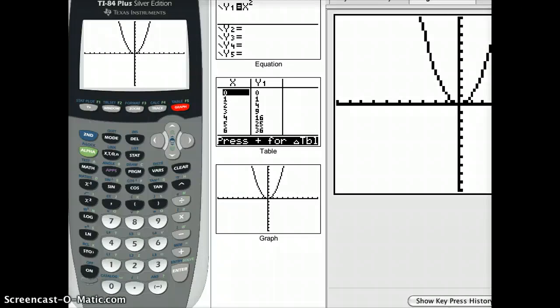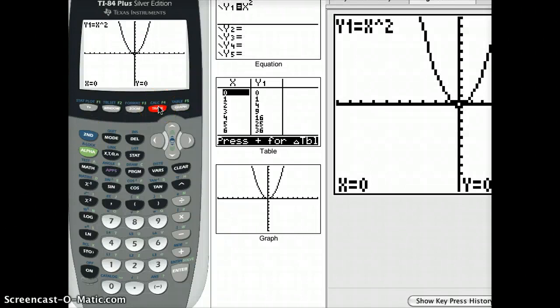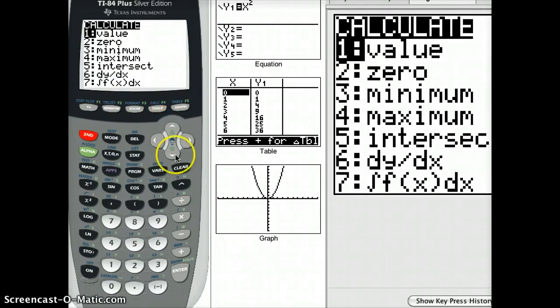And there's a function on your calculator that's called the dy dx function. And dy dx is just one of those notations I gave you for the derivative. So when I go to my second calc option here, second calc, let's see if it'll do it. I think I hit trace. Come on, second calc. It's being fussy. There we go. If you look at the sixth option down here, it says dy dx. What that is, it calculates your